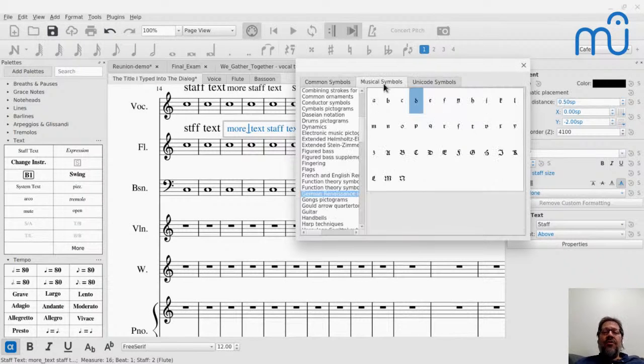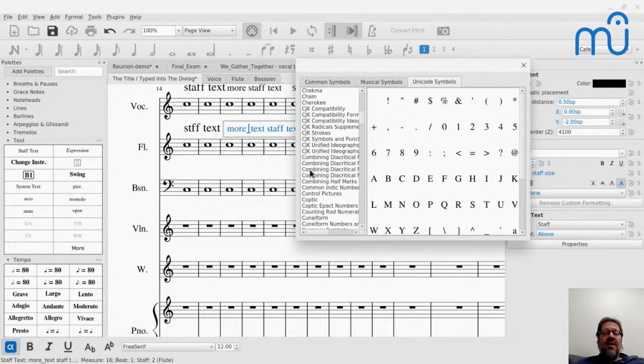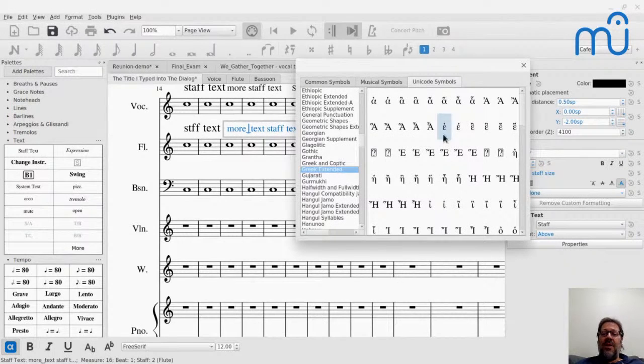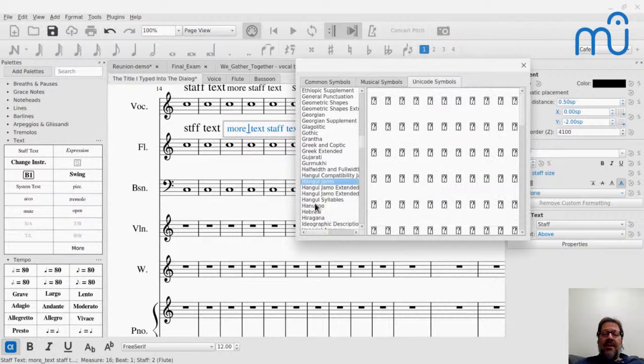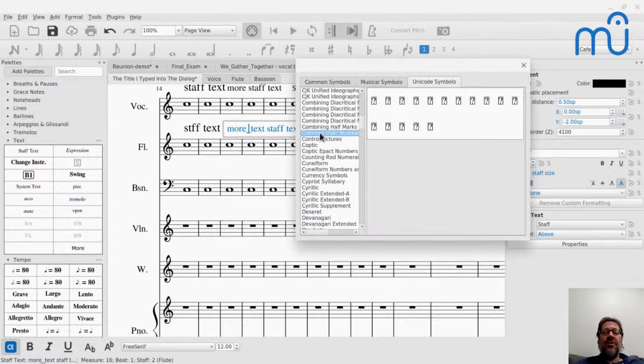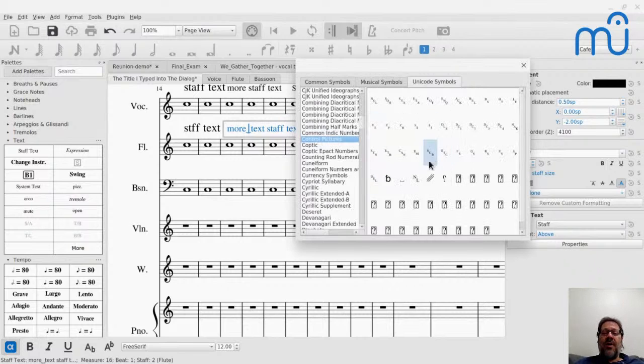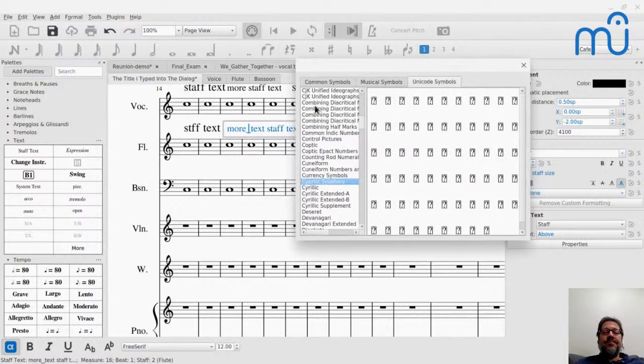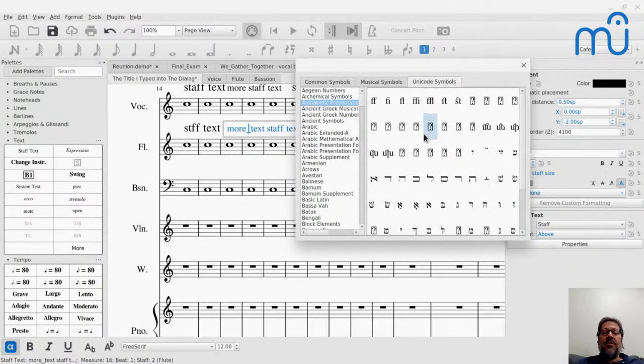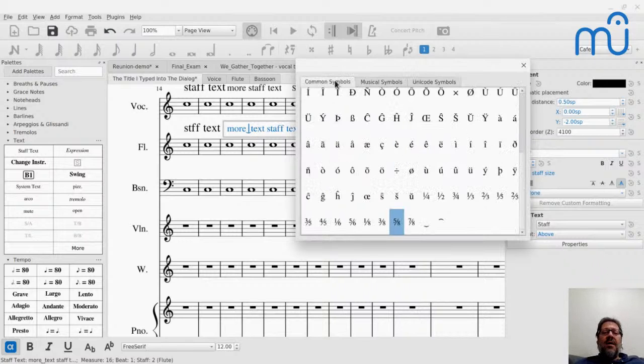So there's that, and then there's all these other symbols here. Any font that is meant to be used for text has all sorts of crazy symbols in it that can be added. Some of these are not present in this particular font, and that's when you see those question marks. But there's lots of symbols available that can be added here. In the common symbols, we're about to add a few more, I think, like the curly quotes, matching left and right quotes, and maybe a couple other things.